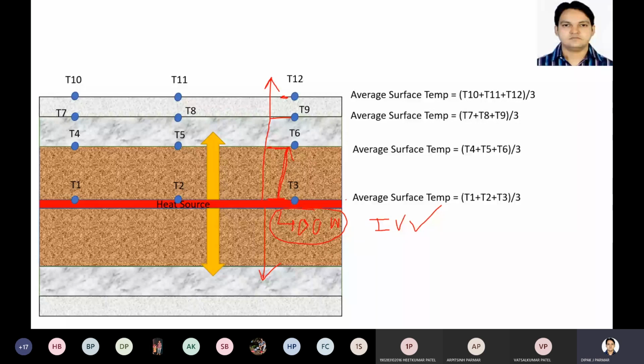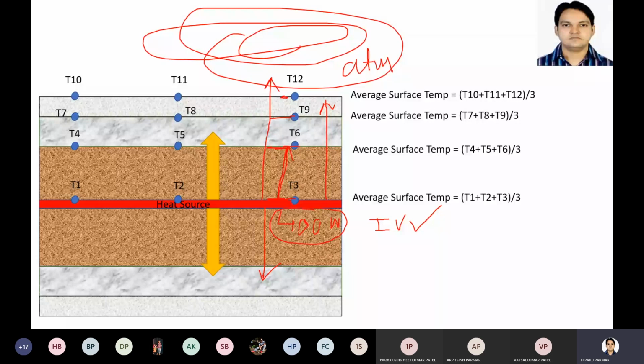So within 5 minutes, if you measure, this temperature will be different, this temperature will be different, this will be different. But it will continue heat transfer for a longer period. And once this particular area is at atmospheric condition, and your heat source is 400 watt constant, the heat will be transferred in this direction and it will come to a steady state condition. As in the equation we have already discussed, d square T upon dx square, in the x direction the heat transfer will become steady.